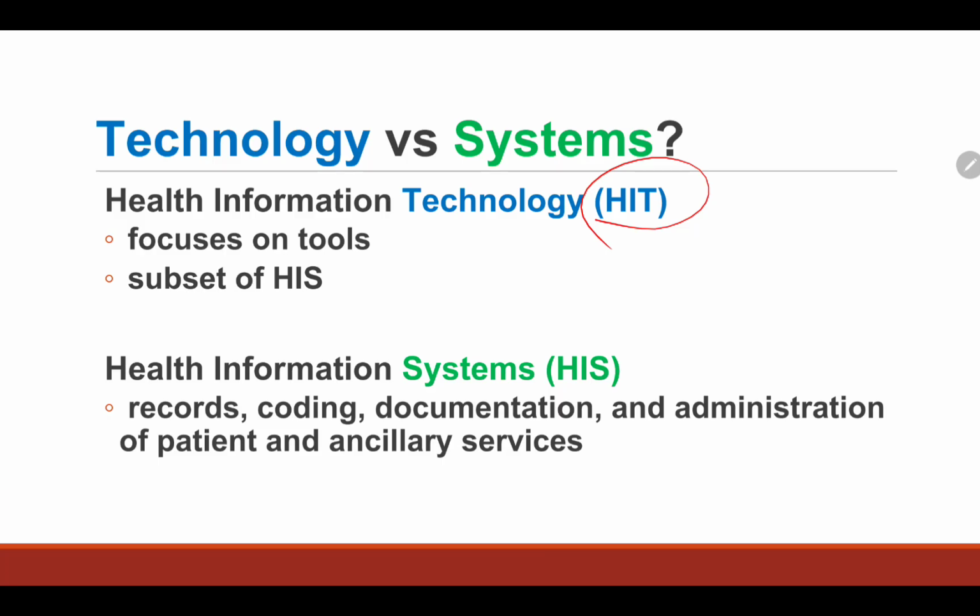I hope that's clear. So, the HIT are the tools, Health Information Technology, the tools used to standardize or to maneuver your HIS. Ancillary here refers to the person or organization that provides necessary support. For example, in a hospital, the ancillary departments would be the laboratory, the radiology department, the ER. We are ancillary. We are the ones who will support the patient until the doctor diagnoses what their illness is.